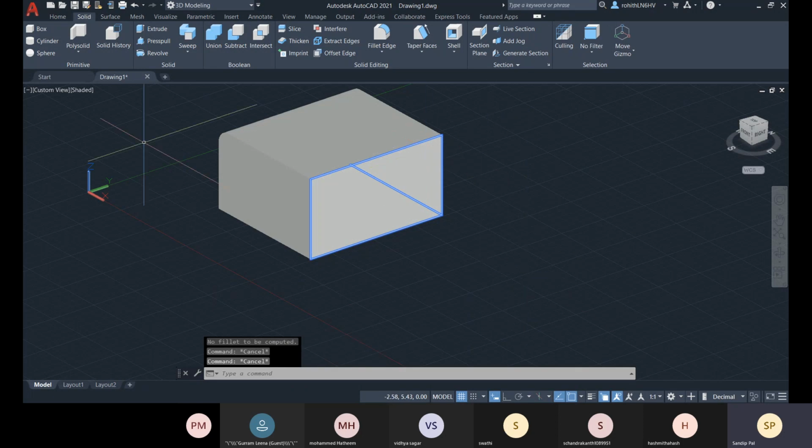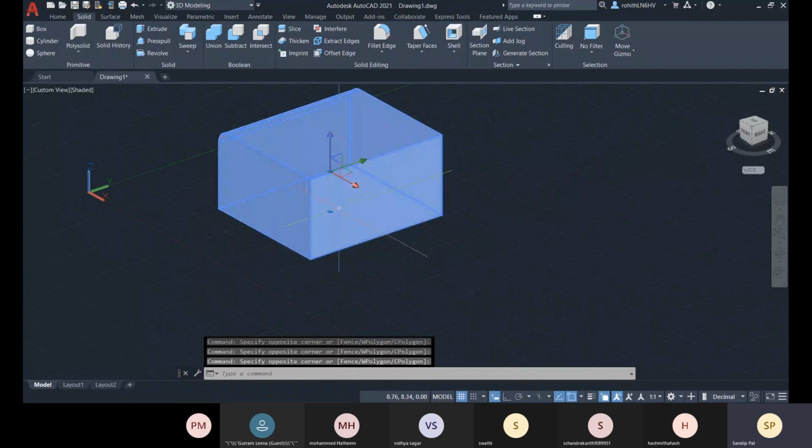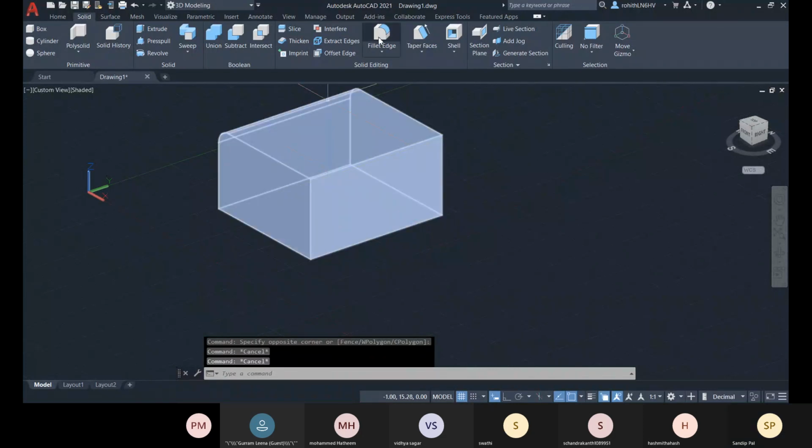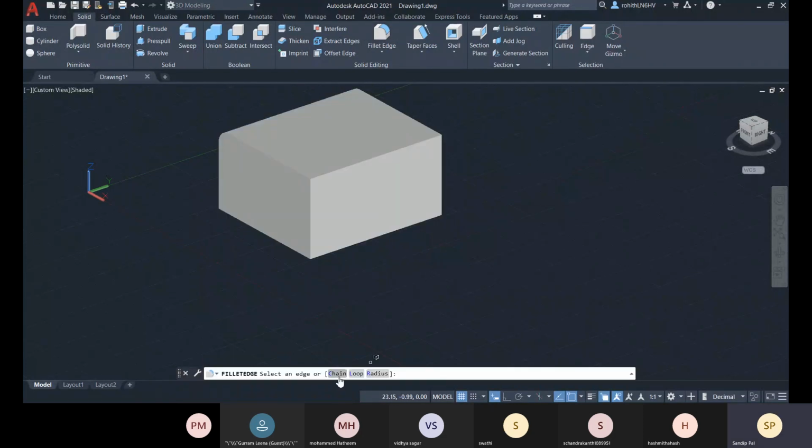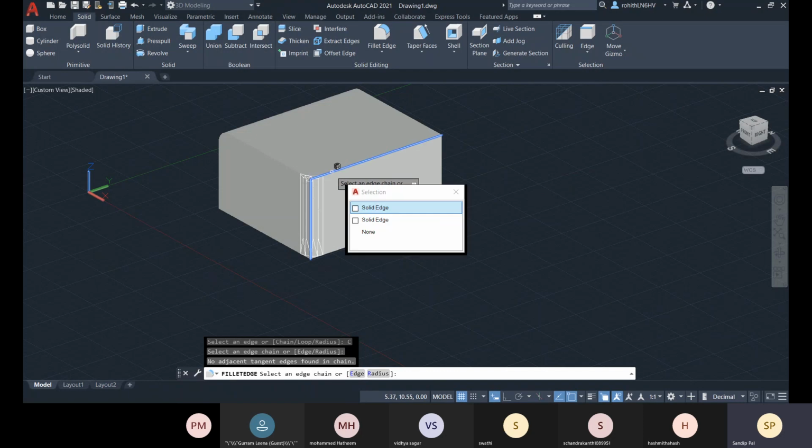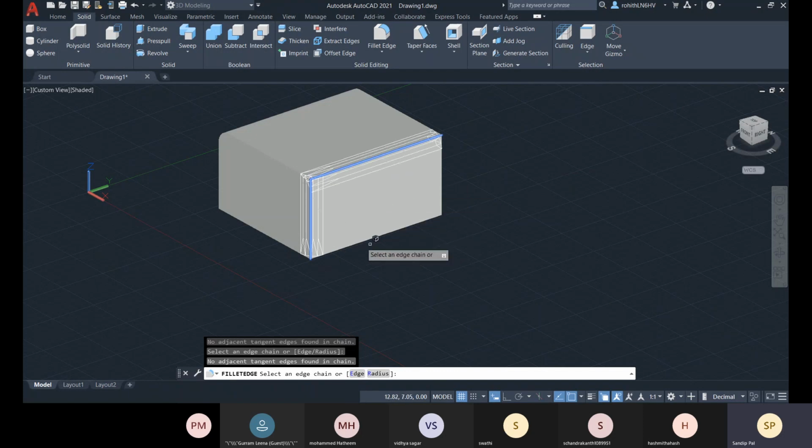Okay, so fillet edge, you can go for chain, and then you go for like this.